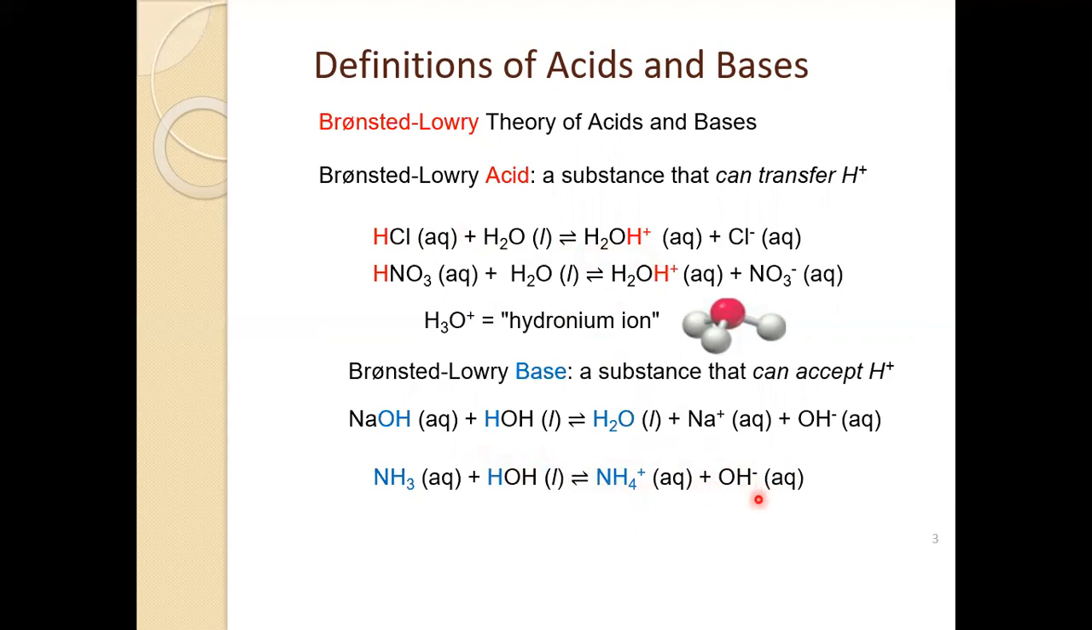And that's always going to be true for these Brønsted-Lowry acids and bases: one of the products of an acid reaction with water is hydronium. One of the products of a base reaction with water will be the hydroxide ion. So in a lot of respects we can explain the properties of those acids and bases we mentioned